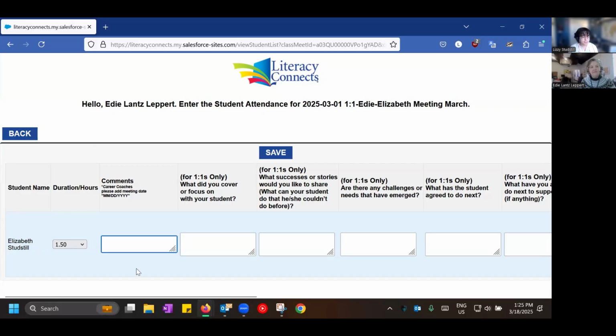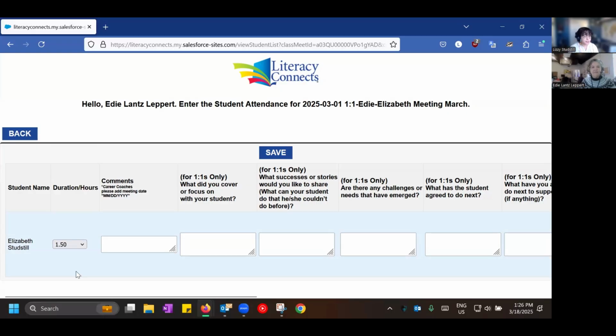Absolutely nothing bad happens if the box is blank. I'm not telling you you need to write a comment for every single student on your attendance. Just if there is anything that you think folks in the office should know, that's where you can quickly let us know on the students' comments.